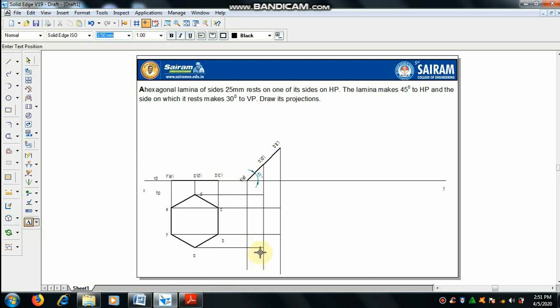Mention the intersection points A, B, C, D, E and F.